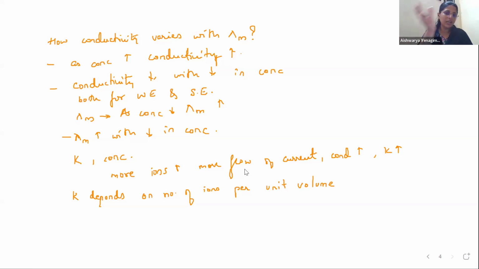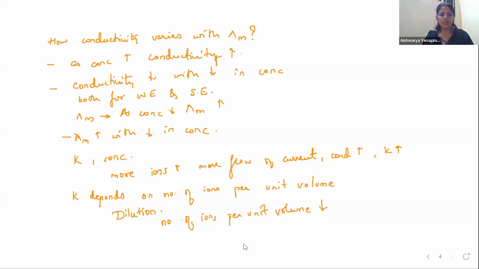Now same thing we will see in a different way. Okay. That means if you are decreasing the concentration, what does it mean? You are putting more solvent. So you are putting more solvent, what does that mean? It means we are talking about dilution. Now I say I have increased dilution. What does that mean? I have put more solvent there. That means number of ions per unit volume is less now. Yes or no? Number of ions per unit volume on dilution